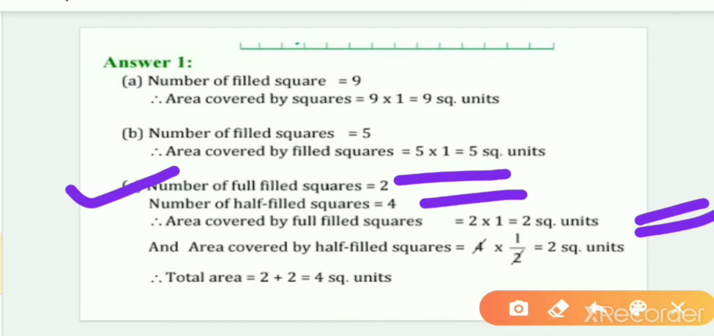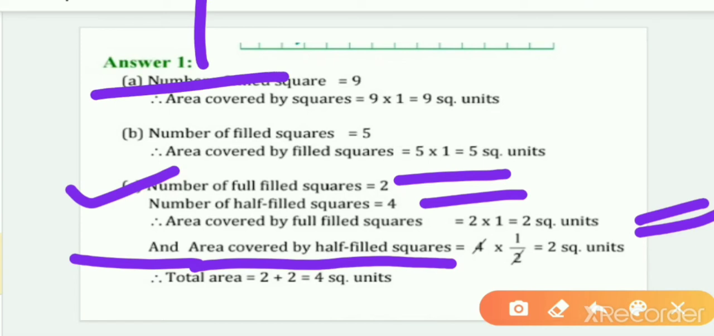Yes. Now moving to the half filled squares. So we have area covered by half filled squares will be, okay, tell me how many half fills are there? 4 half fills are there, right? Yes or no? Okay, yes. So either you can add, because one half filled is indicating 1 by 2, okay, then add it 4 times,